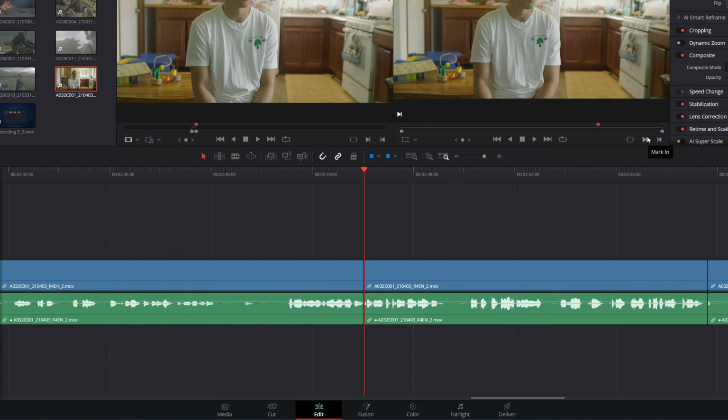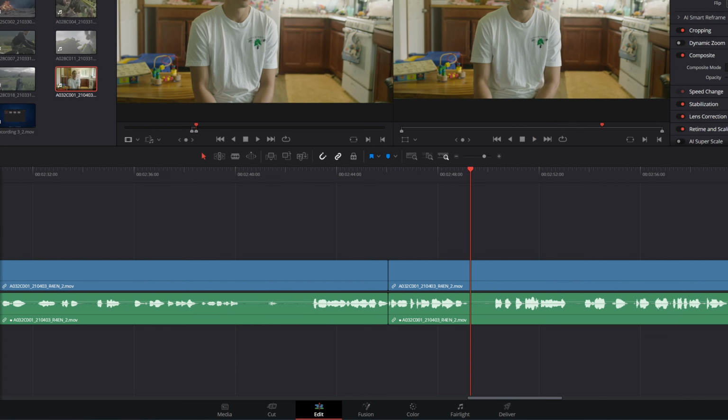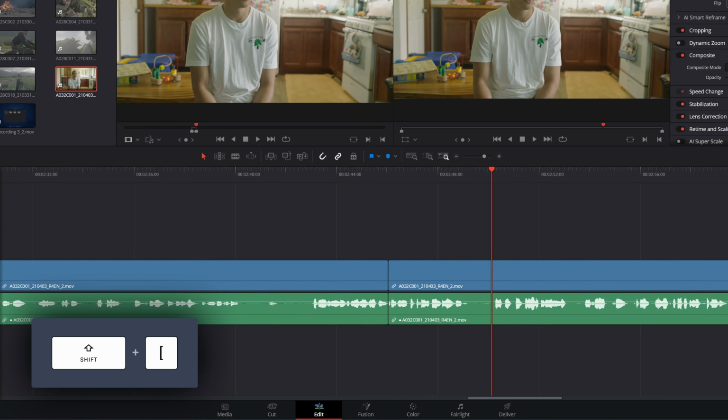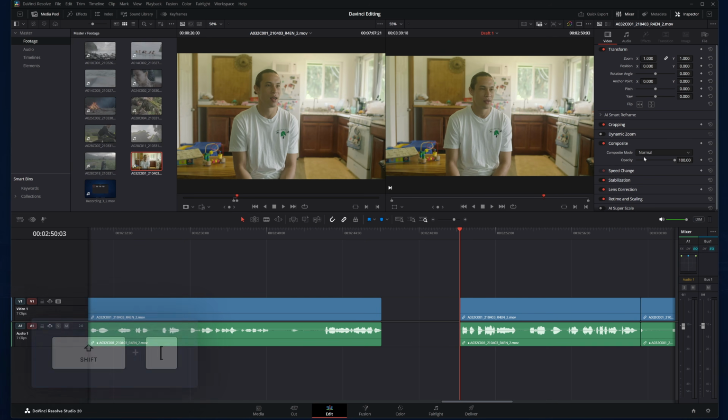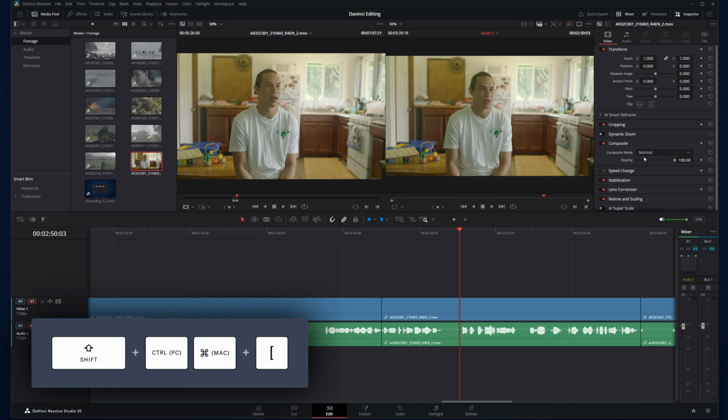Now, we still haven't covered what I think are the most powerful keyboard shortcuts for editing in the timeline. So let's go over those. Let's say I want to edit out the first portion of a clip. I'm going to use K and L to come forward to the point where I want to make that cut. And if I press Shift left bracket, it'll cut everything to the left. I'll undo that, and if I hit Shift right bracket, it cuts everything to the right. But if I hit Control or Command Shift left bracket, it ripples that cut.